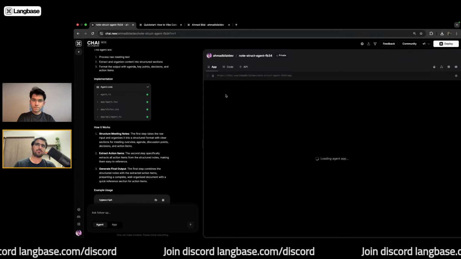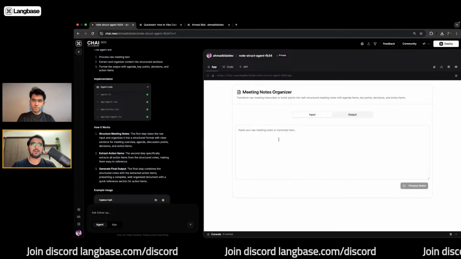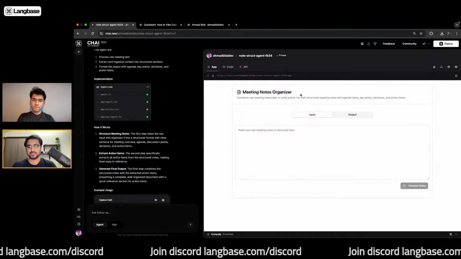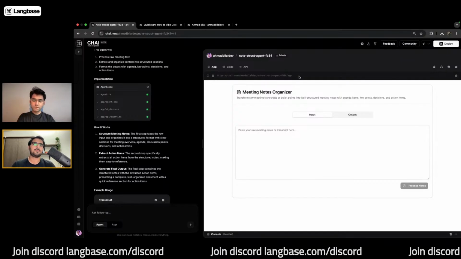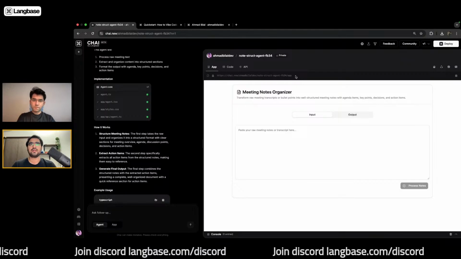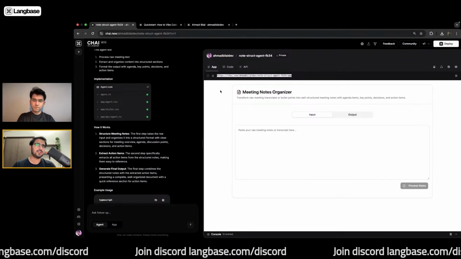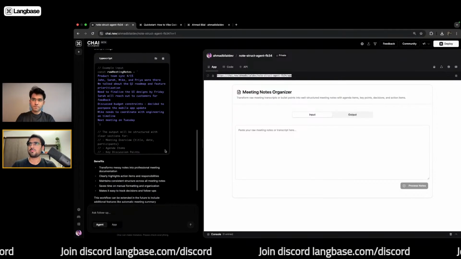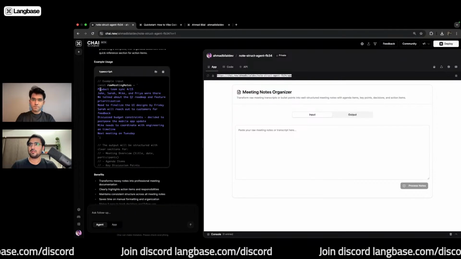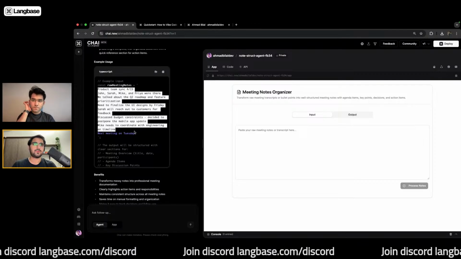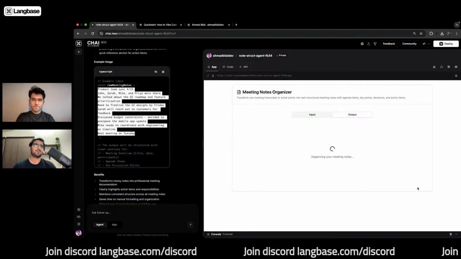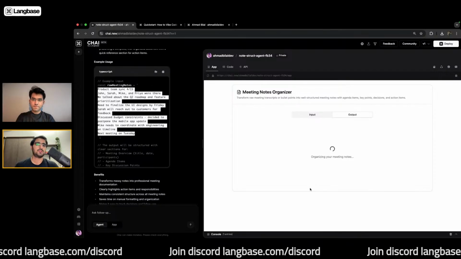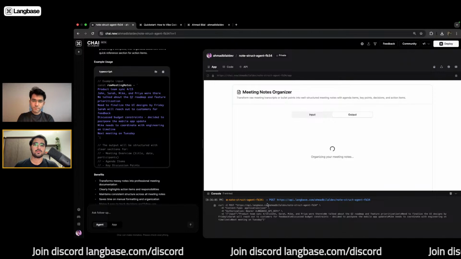You can navigate to the application tab up here, and this is basically the face of our agent. It's a production ready deployed application that you can instantly share and start using your agent. With this example, let me quickly show you. Let's tell it to process the notes. It's gonna send a request to the agent behind the scenes, as you can see.